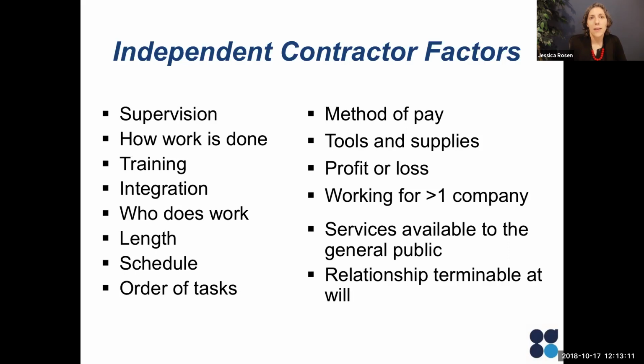And then finally, the nature of the relationship is such that it's terminable at will. In other words, she could just walk away at any time, which suggests that it's more of a control situation, an employment situation. Whereas if she's committed to get me a deliverable and she walks away and doesn't provide that to me, I will have to negotiate with her because we have a little bit more skin in the game in that sense.